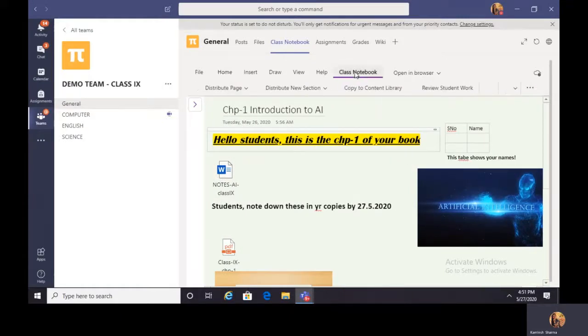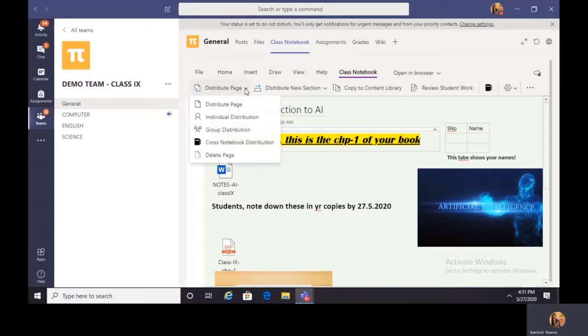Click on the class notebook, come to distribute page, click on that. There are many options lined up here. First one is distribute page, which means that the page will be distributed among all the students. Second option says individual distribution, which means that you can distribute the page to a single particular child.